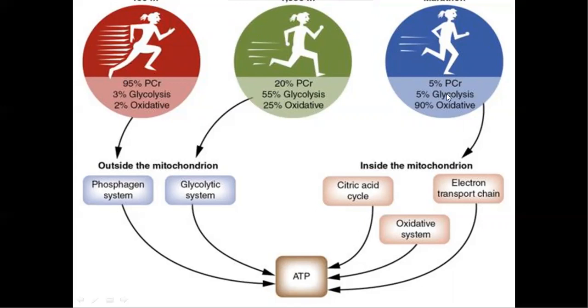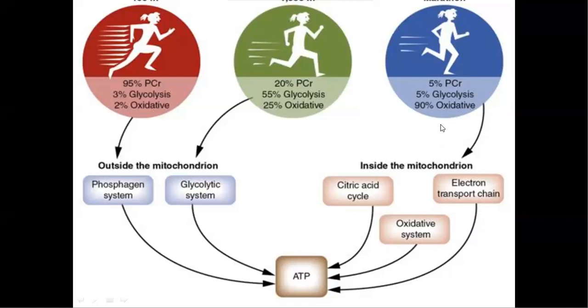The third one is called the oxidative system. This oxidative system works in the presence of oxygen. We have learned already that the electron transport chain is involved in this process. Here ATP is released inside the mitochondrial space. So 90% of energy is released from the oxidative system. That means with the involvement of oxygen, 90% of energy is released. So this is called the oxidative system.